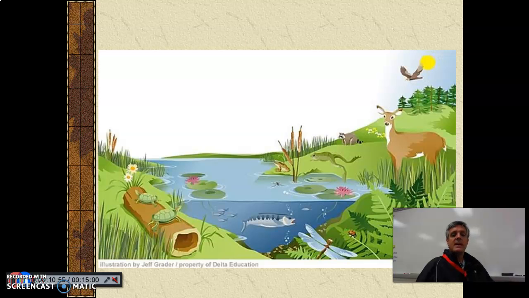So here's a picture, and I'd like you to be able to look at that and be able to pick out all the biotic things that are within that picture and all the abiotic things, the things that maybe, for instance, that fish requires when it comes to that water, okay? There's oxygen in that water. What oxygen level does it require, okay? There's the sun, right? How much UV? Some plants require shade. These animals require a certain temperature to prosper, okay? So biotic versus abiotic.